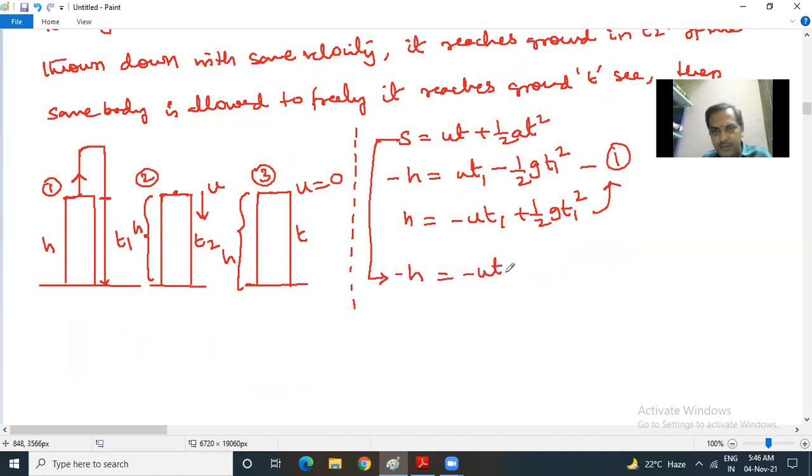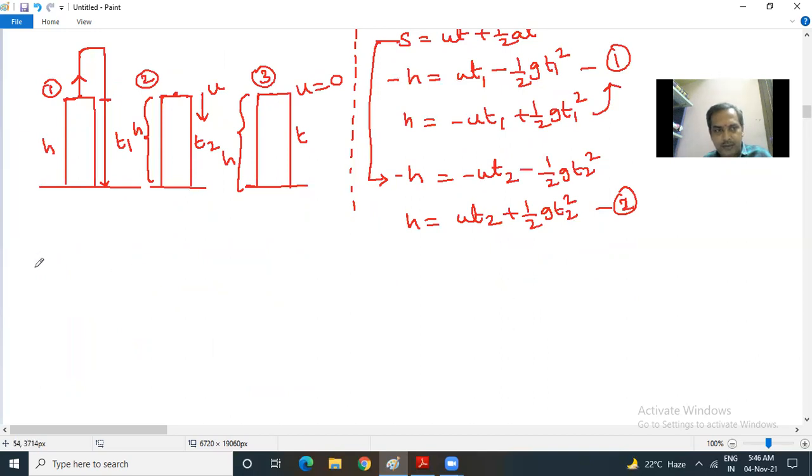u also negative, but it reaches ground in t2 seconds. Moving under gravity, t2 square. So you will get h is equal to u t2 after cancellation of negative sign plus half g t2 square. You call this equation 2. Now you compare both the equations. Comparing means 1 equal to 2. So you will have to write